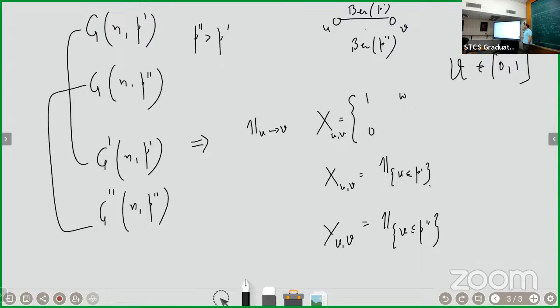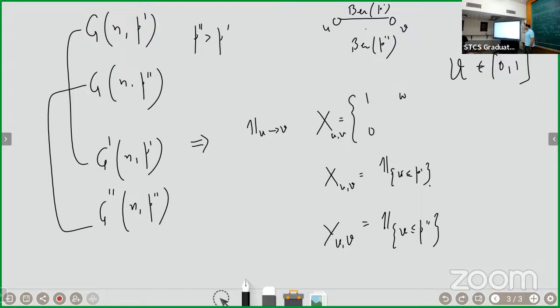Which is doing everything pairwise. Everything is independent across the graph. If you really think of a pair of vertices, all you're doing is drawing a Bernoulli random variable with some probability. If I increase the probability, all I want to find is a coupling for which, if an edge exists with P prime, it should also exist with P double prime. So it's exactly the same as before. There's no change. And I can do this edge by edge because the graph by definition is independent across different